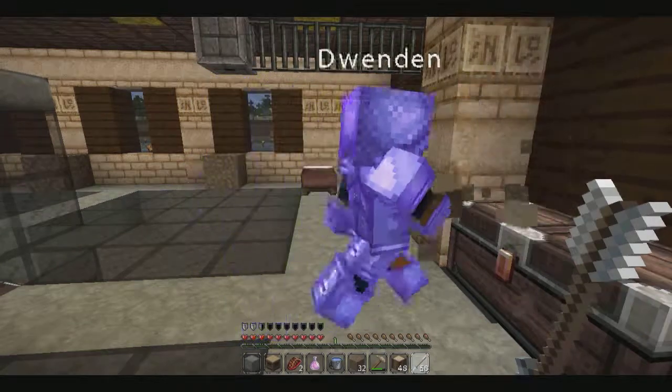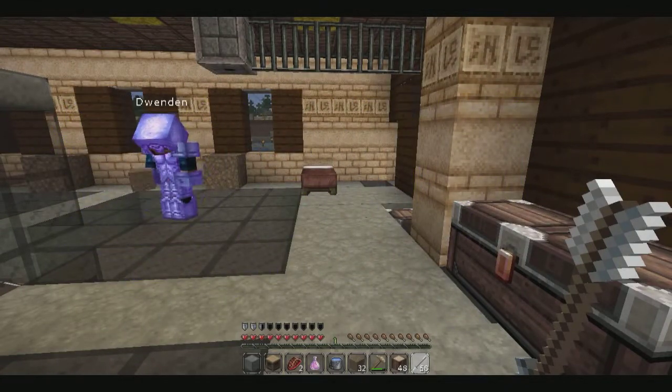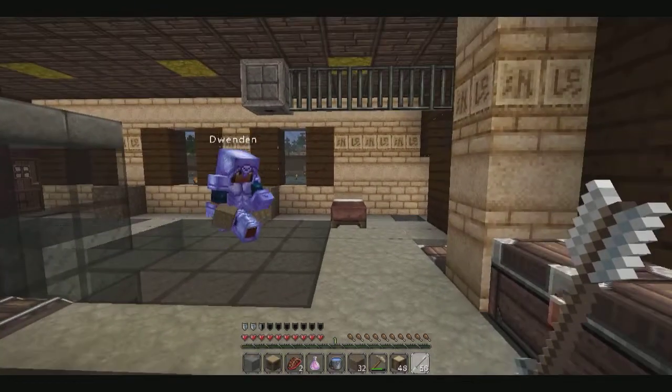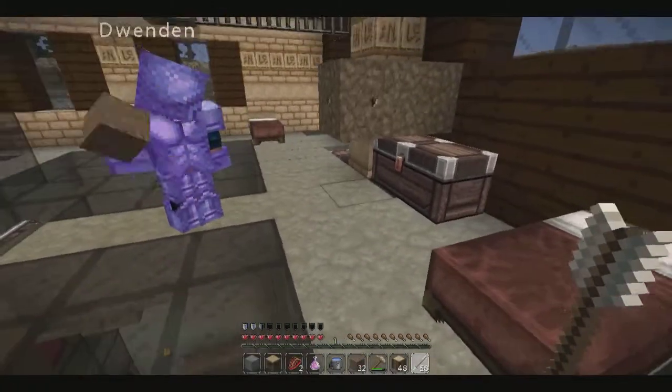And that keeps us from having to do the big, crazy, long line of repeaters for the timers and stuff for the crushers. So again, you have a single dispenser there that pops out lava and